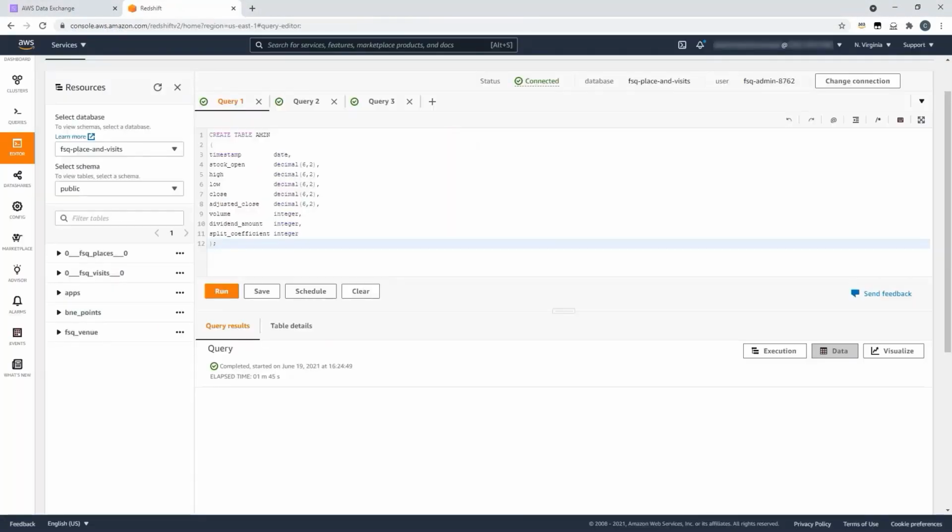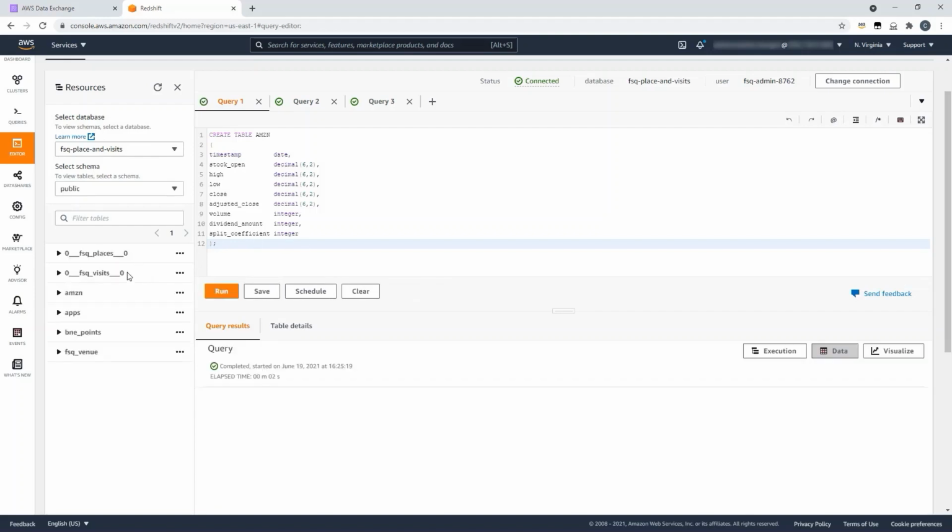In my third and final demonstration, I've come to Amazon Redshift, Amazon's data warehousing service, to show you how quickly you can move data from AWS Data Exchange and Amazon S3 into a warehouse. So the first task that we need to conduct is to create a table within our warehouse, and this table is going to store financial information about Amazon's stock price, and we'll quickly run that query.